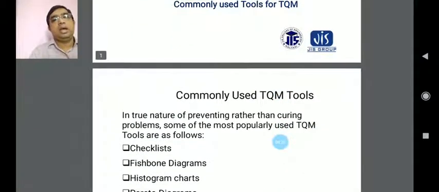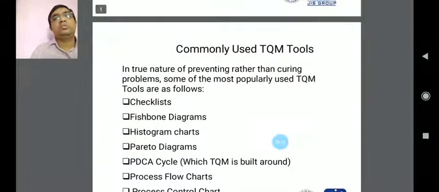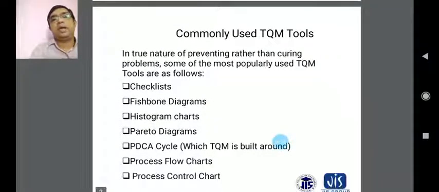23. A few tools are commonly and popularly used in total quality management, in the true nature of preventing rather than curing problems.